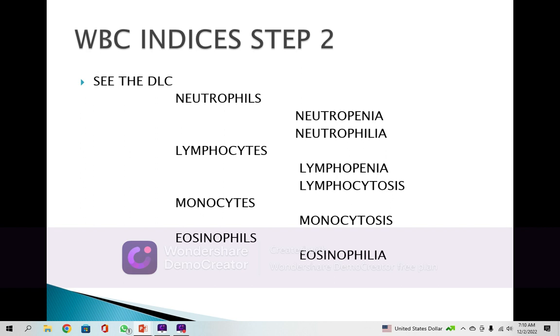Significant reduction will be less than 40%, and a higher level will be achieved after 75 to 80%. Lymphocytes normally are 20 to 40%, less than 15% is a significant reduction, and 45% or more is definitely a significant increment. As far as the monocytes are concerned, they are already very few in number, 0 to 4 or 5 rather, hardly. So if it is more than 7 to 8,